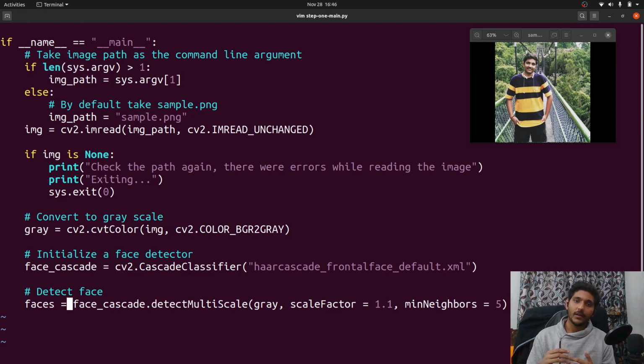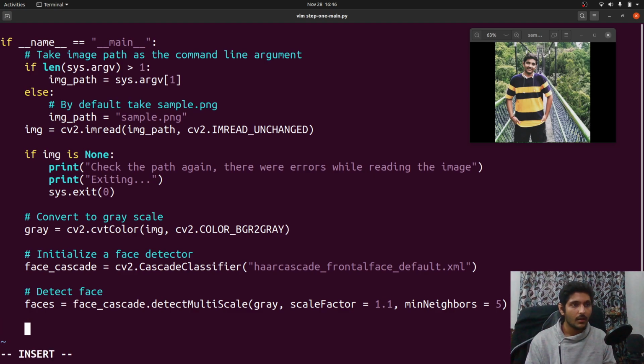I'm just going to explain how the scale factor works. Whenever you pass an input image, sometimes the face is very small in that image, or it's very big. So how do you handle that? Whenever you have an input image, this class will scale it in a few steps. Every step it is scaling it by 1.1. That is how it works. So you can play with the scale factor. By default I hope it is 1.1, but I changed it a couple of times, and 1.1 seemed to work for me. So you guys can tinker with it and play with it.